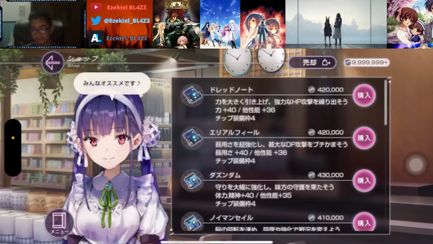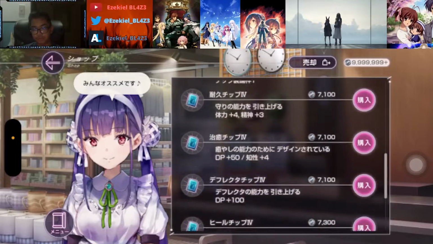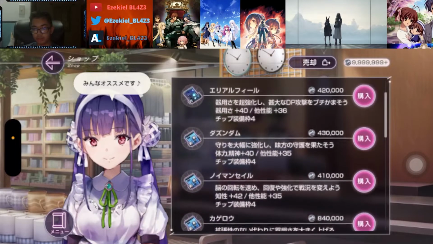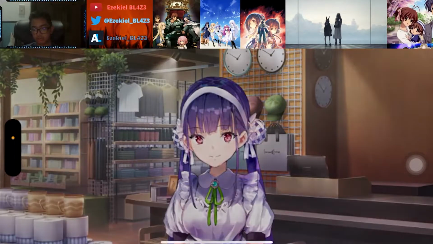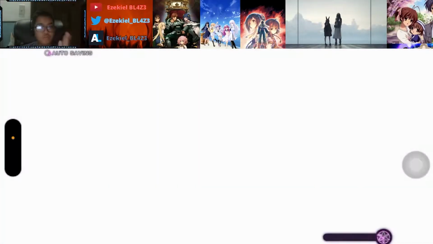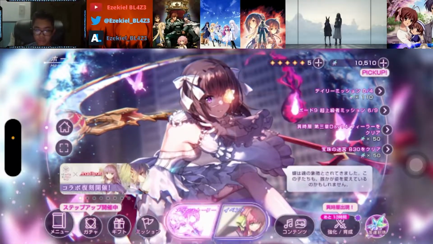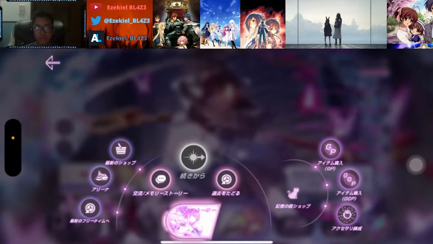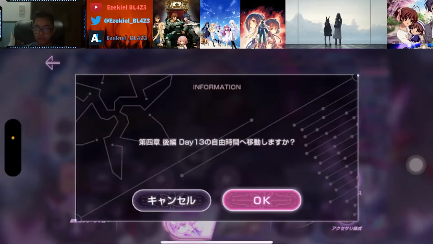This is where you relatively get chips, essentially just the chips. It unlocks stronger chips the more you go through the main story. Same function as the arena. This is the arena, the one that we got before, and here